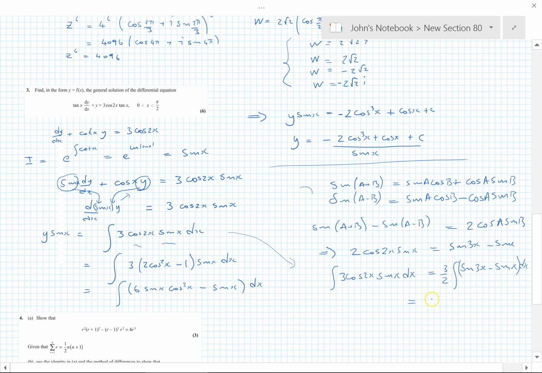So that equals 3 over 2 times minus cos 3x over 3 plus cos x